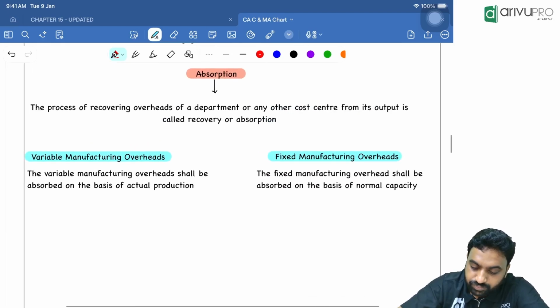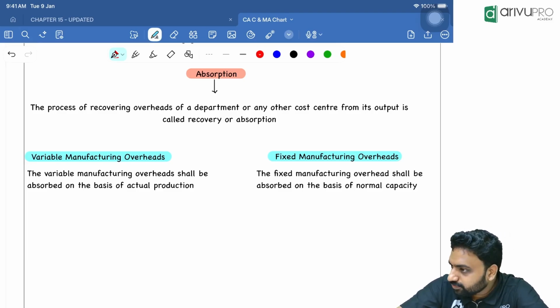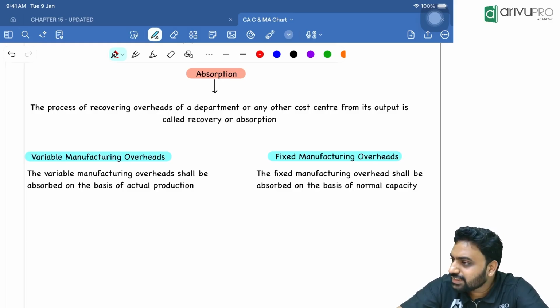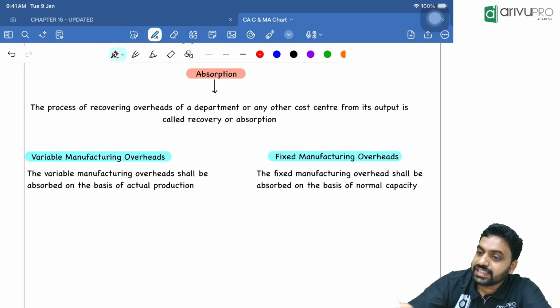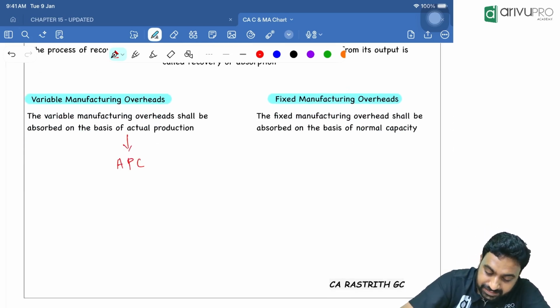Now, guys, what do you mean by absorption? Absorption is the process of recovering overhead of the department or any other cost center from its output, right? It's called recovery or absorption. Guys, if you divide overhead on the basis of variability, variable as well as fixed, in that case, variable overhead to be absorbed on actual production capacity, please keep in mind,